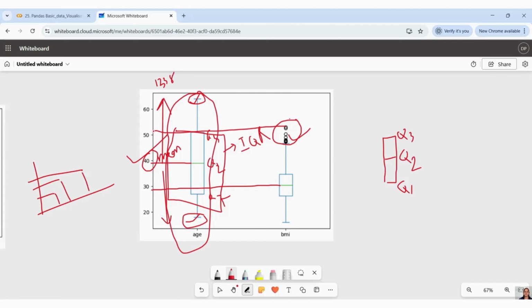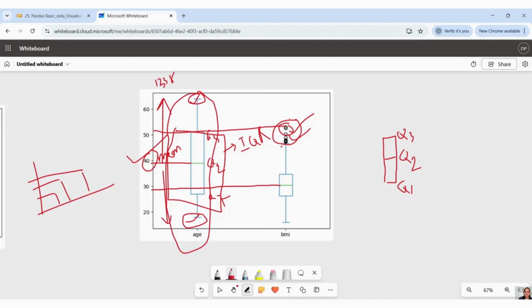So when there is a calculation again, right? When we are talking about interquartile range, if it doesn't come into that range, it is going to tell you, okay, these are my outliers and we need to handle them. In a real case, we need to handle it in our data set, right? Because it is far away from the mean line, right?